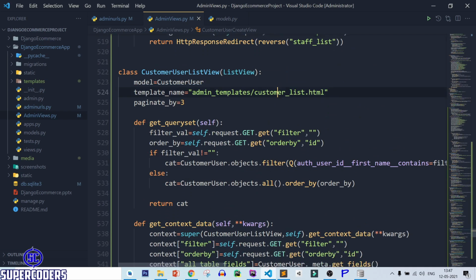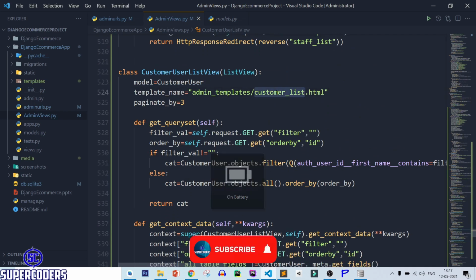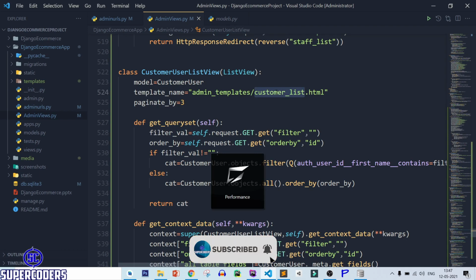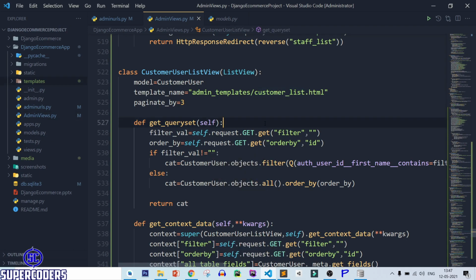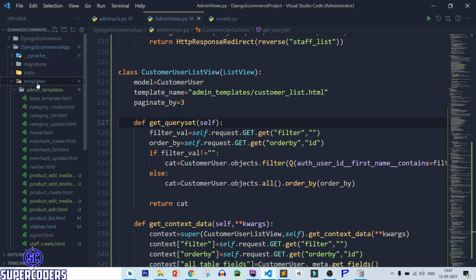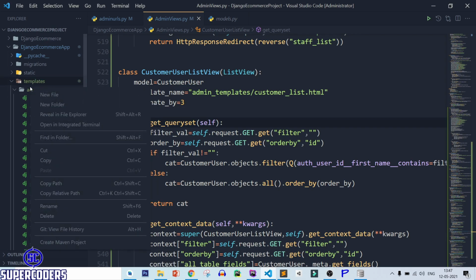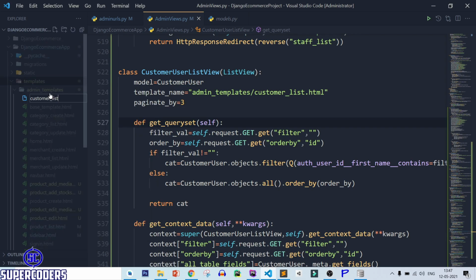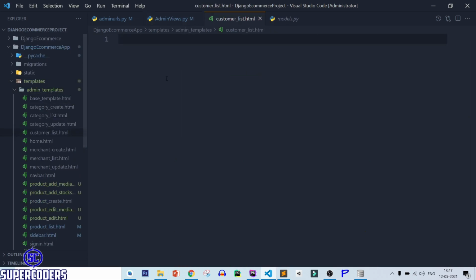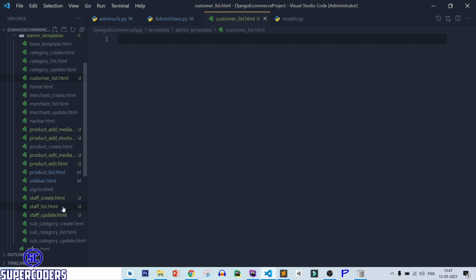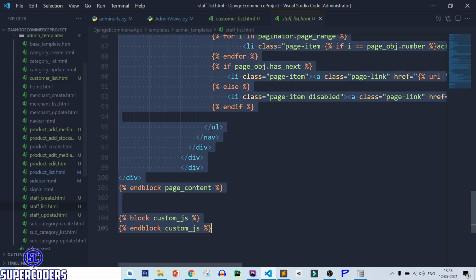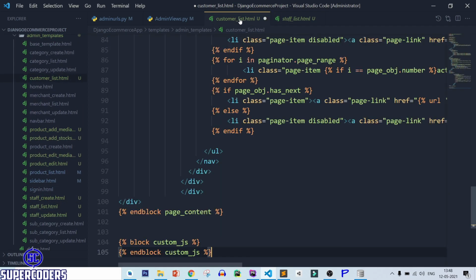Let's create the template file. So copy the customer underscore list. So open templates, right click in admin templates, new file, customer list.html, and copy the staff list code and paste it.